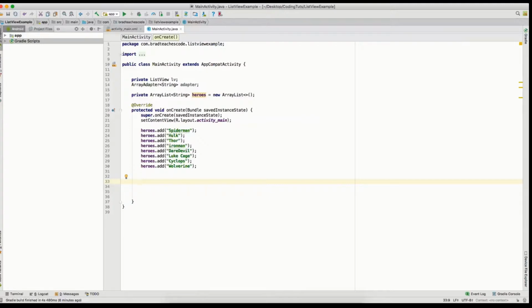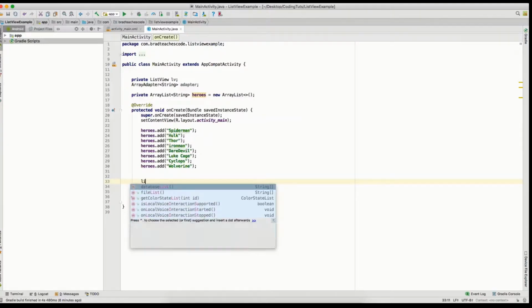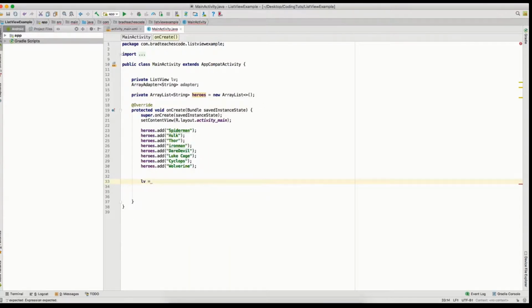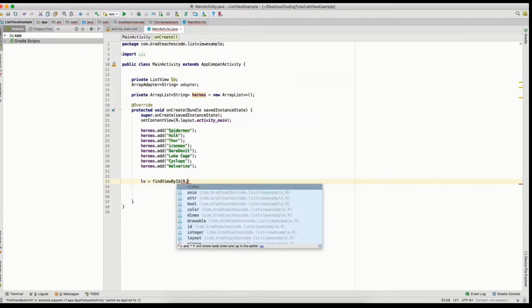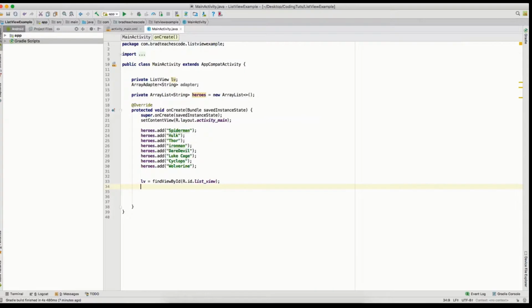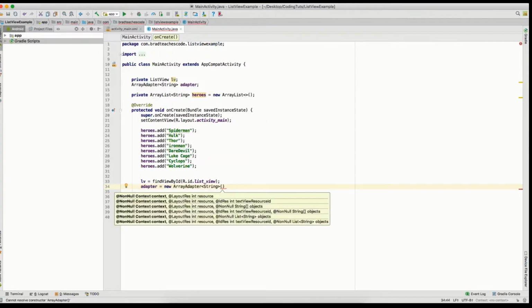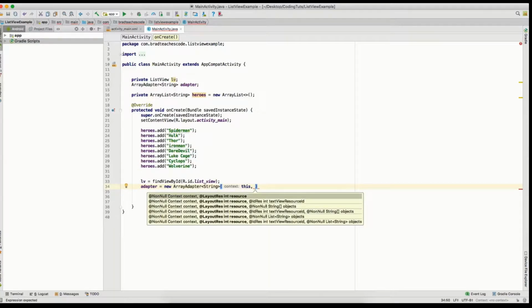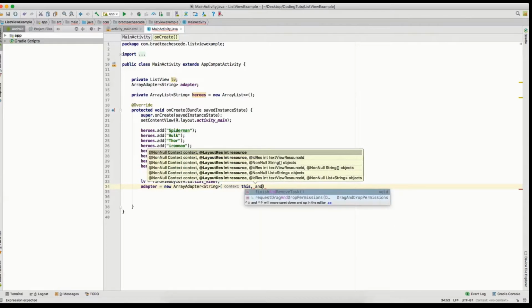So next we got to grab the reference to our list view, equals findViewById, R.id.listView. Then underneath this we will declare a new adapter, and then inside this we got to pass in a few items. You got to pass in the context, and then the actual row layout. And what Android Studio does, it supplies a simple one, and they actually call it simple list item, I believe. So to get to that, we'll go